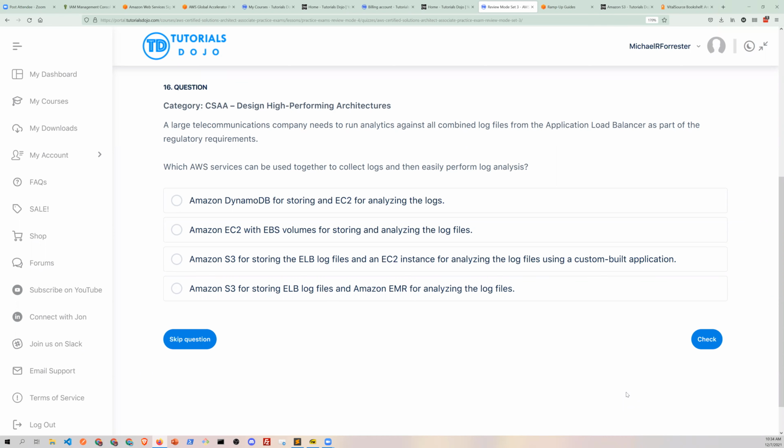Maybe EMR. So you're thinking D, Gayatri? Yeah, okay, because it's analytics and large, correct? So maybe EMR.